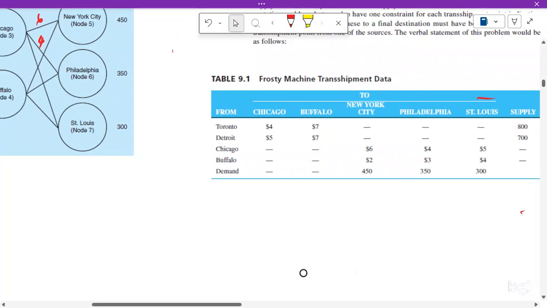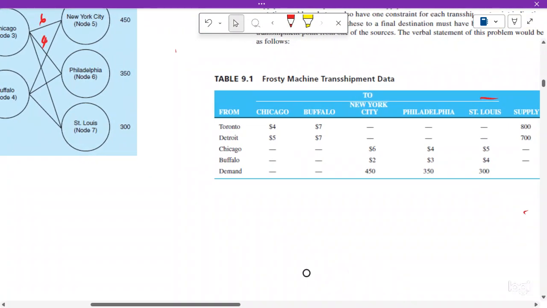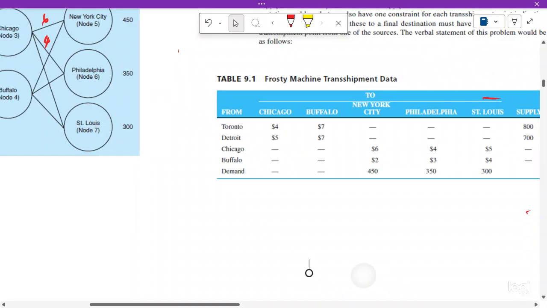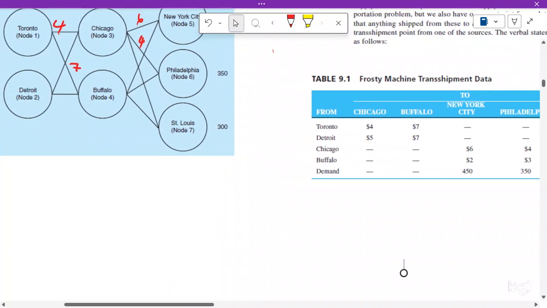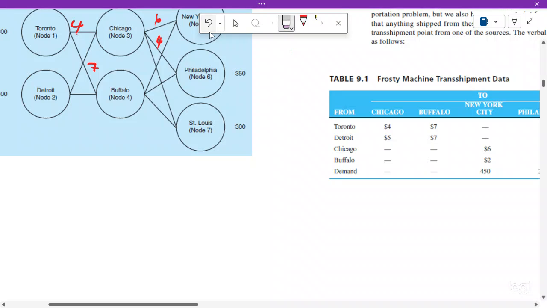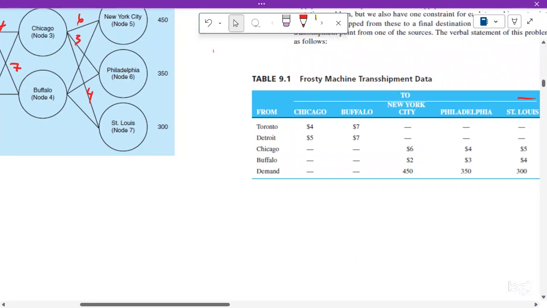And then the other source, St. Louis, gets 3 and then 4. Okay. Then from Buffalo,